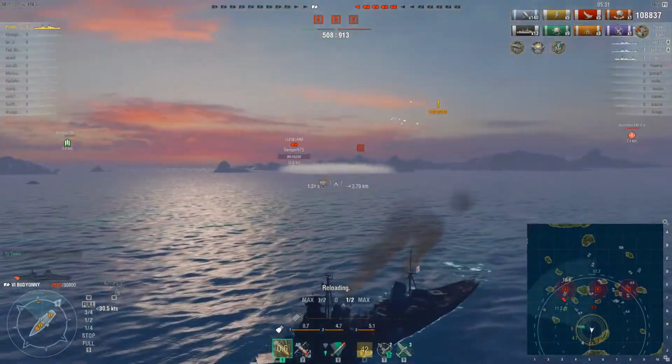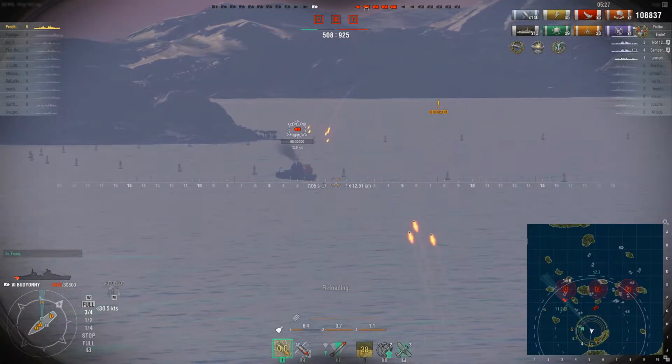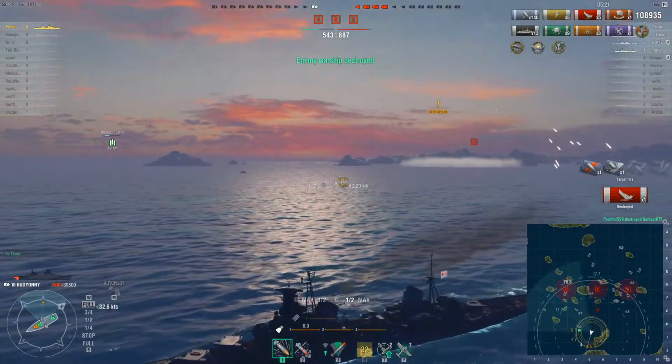Enemy team is on 916 points. They have all 3 cap zones, and I'm now on such low hit points that I can't really... There we go, we get the kill. 6th kill of the match. I can't really be aggressive. If it hadn't been for those dive bombers,